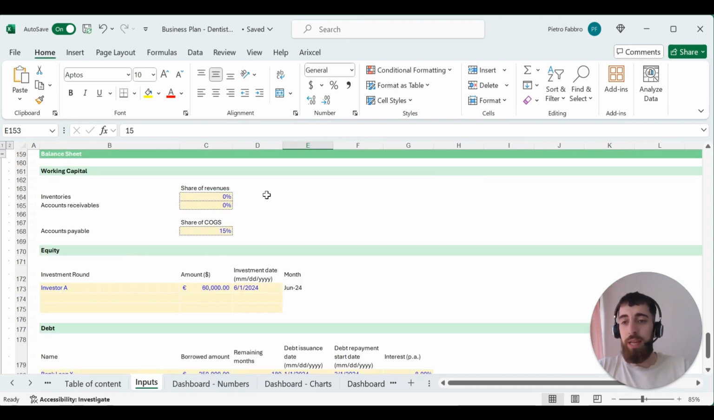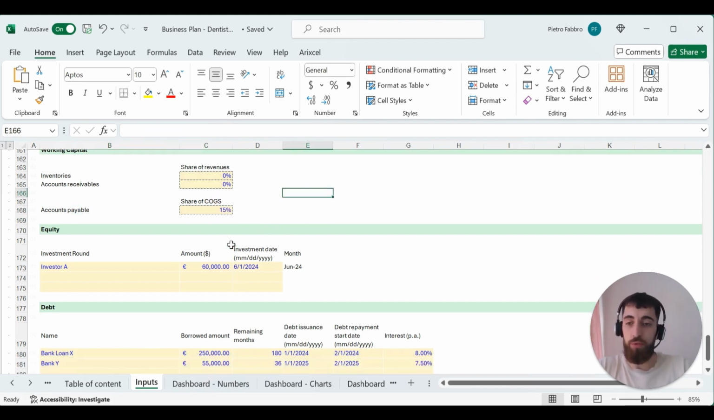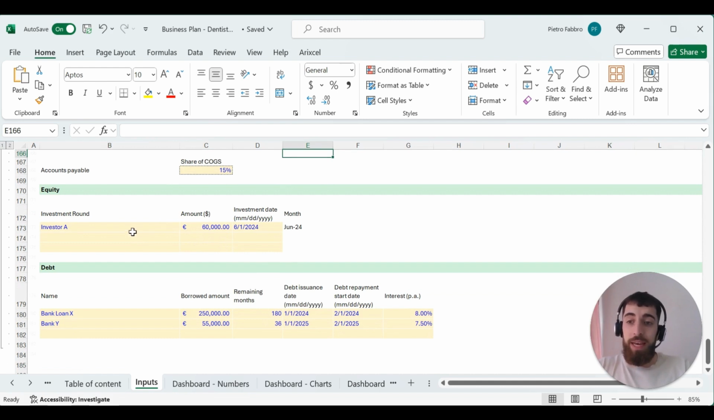And then the balance sheet, where you can select if you have inventory or accounts receivable, the share of revenues for inventories and accounts receivable, and accounts payable, you can control it via selecting a share of cost of goods sold. And then in case you plan to have an investor, then you can select it here together with the